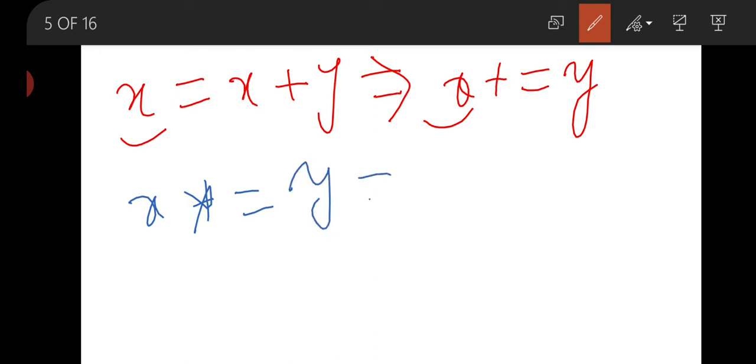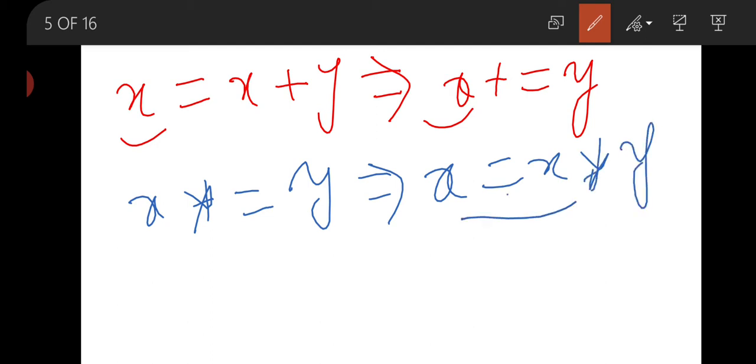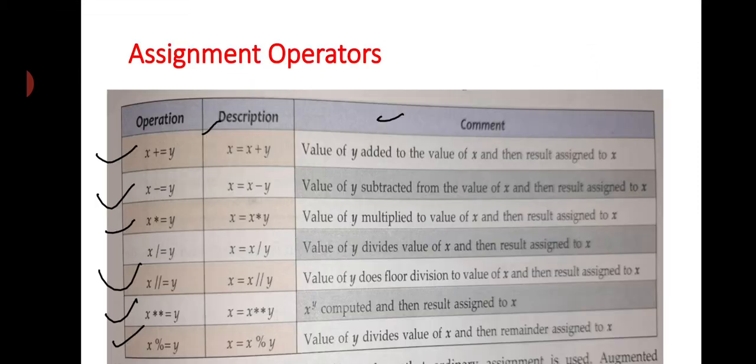This implies x equal to x multiplied by y, and this value will be assigned to x. So these are the assignment operators. You can see that in the case of plus, division, multiplication, subtraction, floor division, exponent, and modulus, these are all called assignment operators.